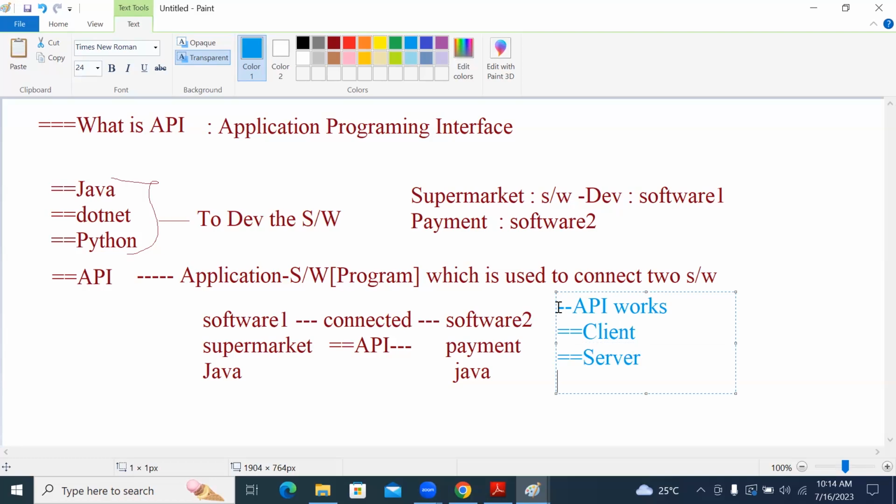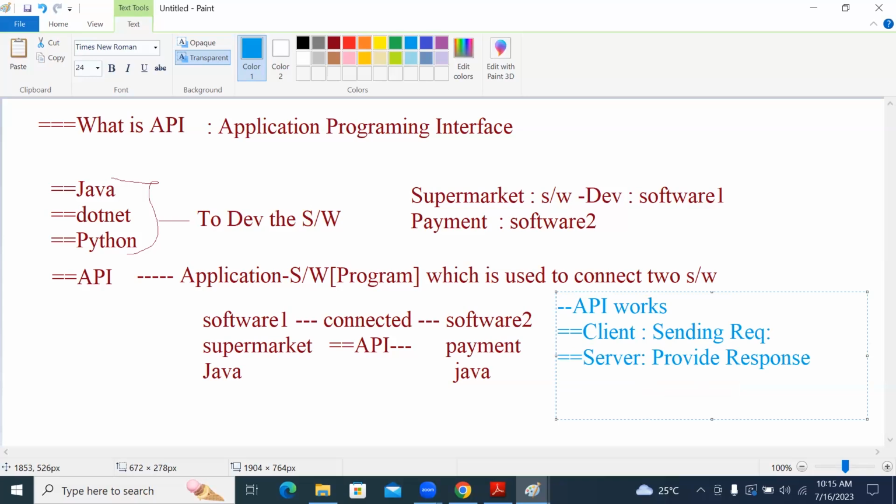The client will send a request to the server, and the server will give a response. The client is sending a request. The server will process that request, and then it will provide a response.